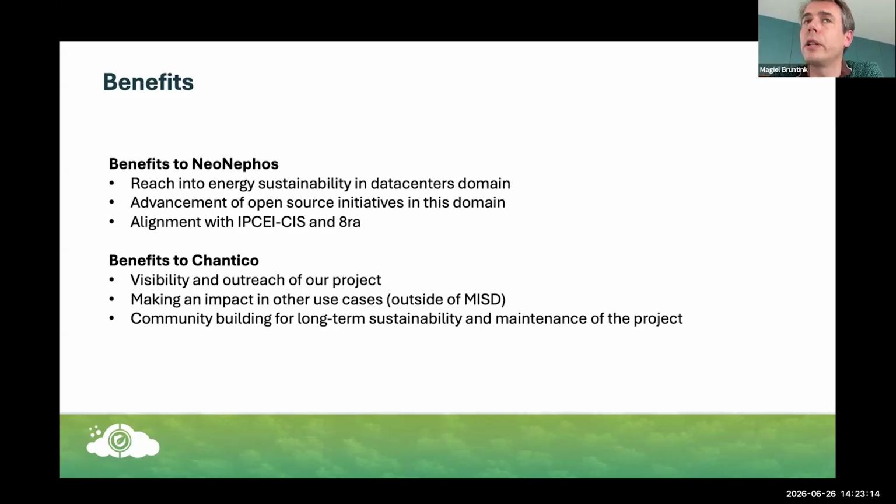We think it broadens the scope, and at the same time, for us as a project, it's a benefit to be close to other infrastructure projects that are also looking at a cloud native approach, where more direct collaboration could be initiated. Of course, we are within IPSI-SYS still and will be for a while, and the Aura initiative, as it's called there. So that is also where NeoNephos is coming from, and I think it would even strengthen the binding, or how do you say, the connections there.